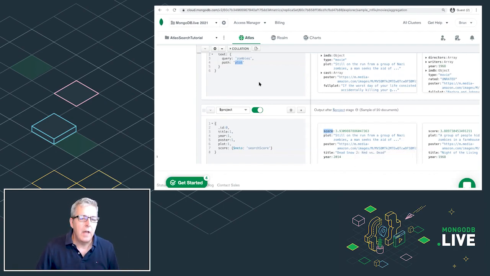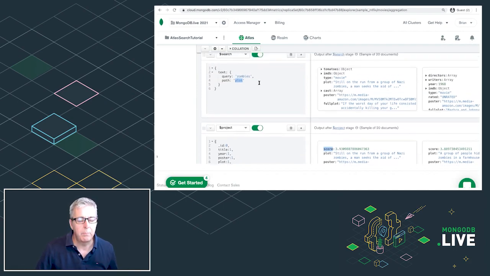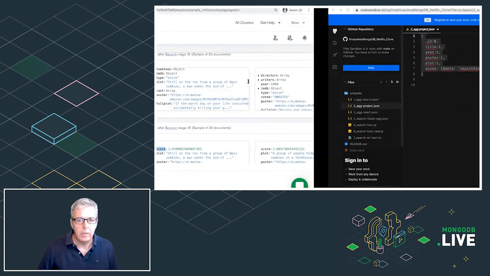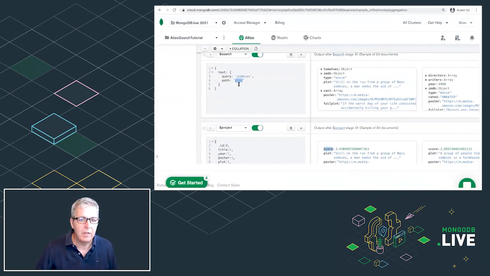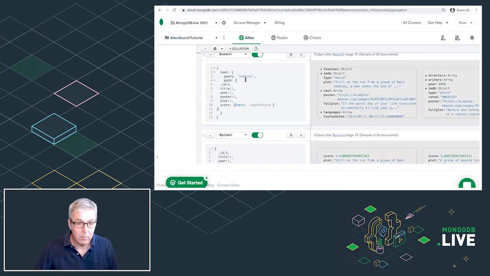Not only can you search against a single field, it's also possible to search against multiple fields, and this is extremely powerful. You see up at the top where our path is plot. If you go back and look at the third snippet, you can select the whole thing again, but really what changed is just the path value. So I'm going to select just these 3 in my case, and replace the plot with this array of fields, or at least I thought I was going to. I really screwed that up.